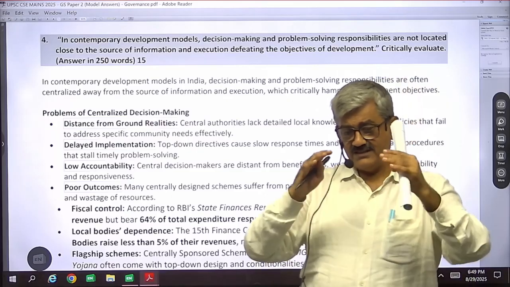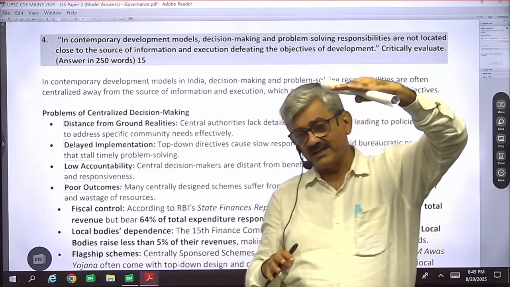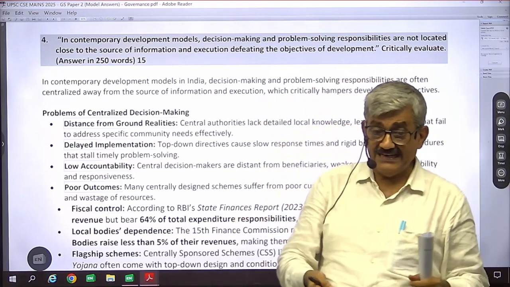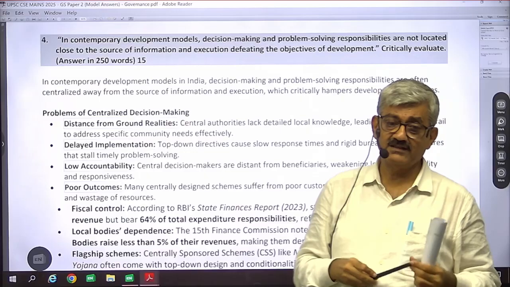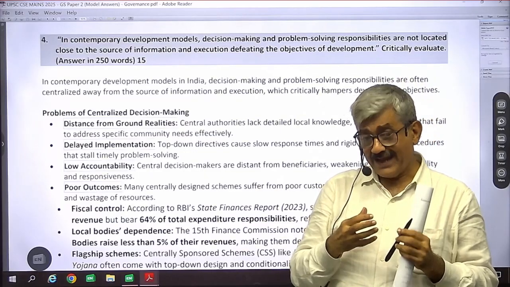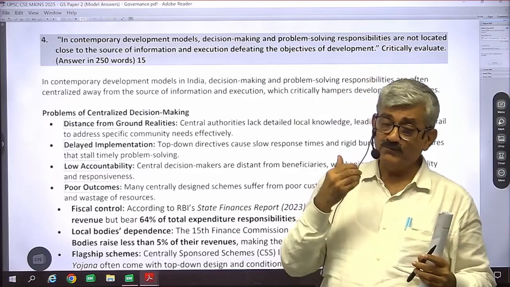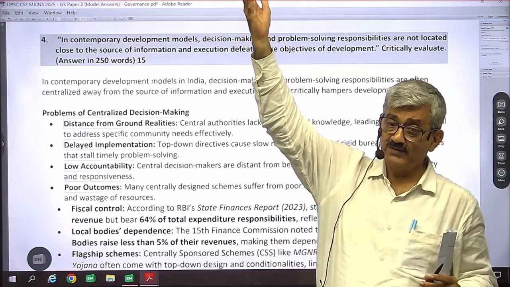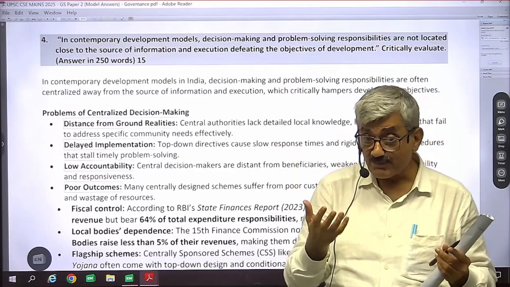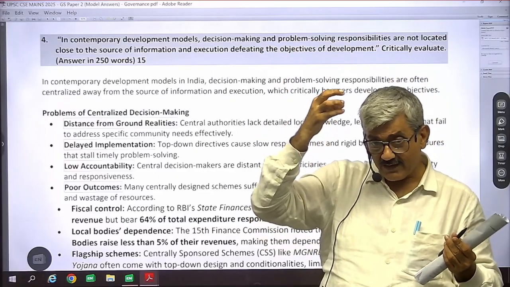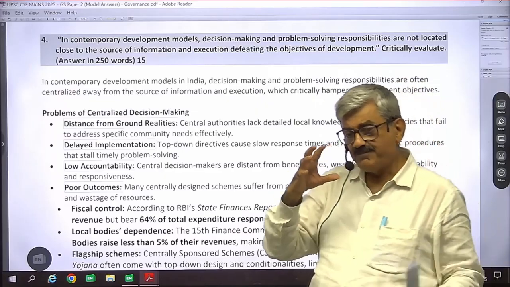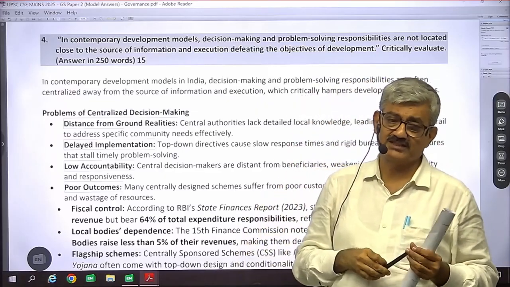Decentralization means decision making not being taken at the highest level, not at the top, but in association with people, those who can participate, for whom we intend to make policy at the top. Why not make it at the grassroots level? If we make it at the top, what is the problem? How can it not be so effective? What are the problems? So basically this question wants to see that